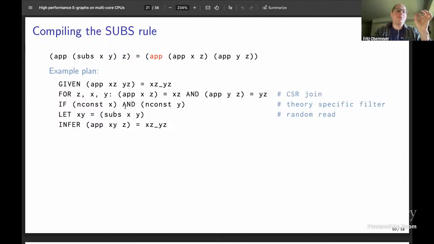So in this theory, there's a particular way of looking for the rule overlaps, and the compiler knows about K and the const unary relation. And so it can do this early filter before it does this table lookup. And this early filter is pretty cheap. You can load one cache line for the X and one cache line for the Y, and look up, oh, is this X there, and is that Y there. And so it ends up speeding this up. So that change to the compiler, it took a few days, but it led to a 30% end-to-end system speed up, and it's like a nice isolated chunk of work.